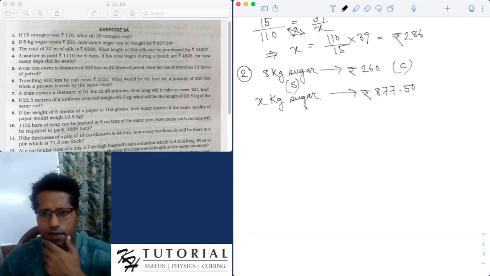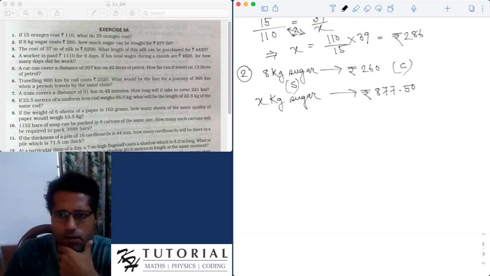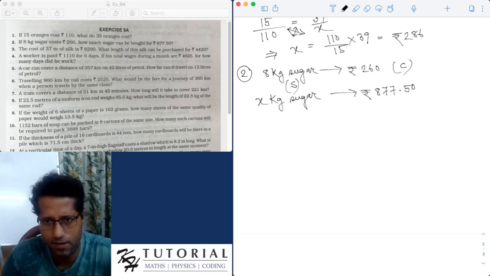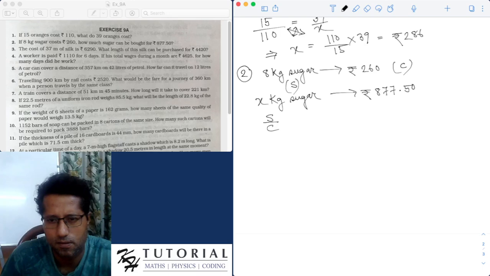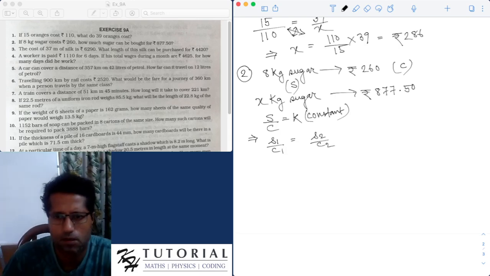Since I know that the amount of sugar and the cost of that amount of sugar vary directly, now from these two facts, basically the concept is that S by C is a constant. So this implies that if S1 amount of sugar costs C1, this will be equal to S2 amount of sugar if it costs C2. Now therefore,